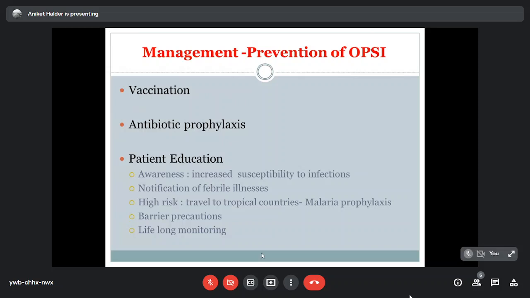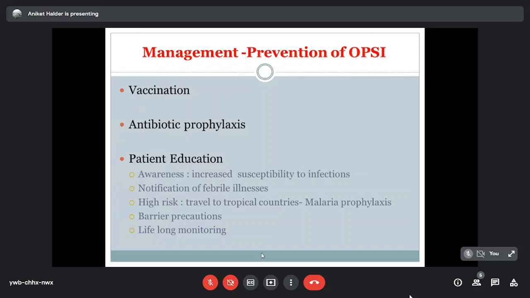Antibiotic prophylaxis can be given. That also depends on the severity of hyposplenism that is present. Patient education. Now, this is very important in cases of hyposplenic patients. In asplenic patients or splenectomized patients, the patients are already given vaccination or antibiotic prophylaxis. But in cases of hyposplenic patients, the patient should be given awareness that they are at increased susceptibility to different infections, and they should be taught that they should always notify for any febrile illnesses, and also